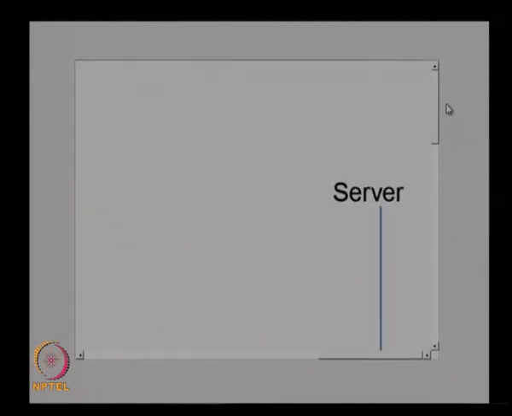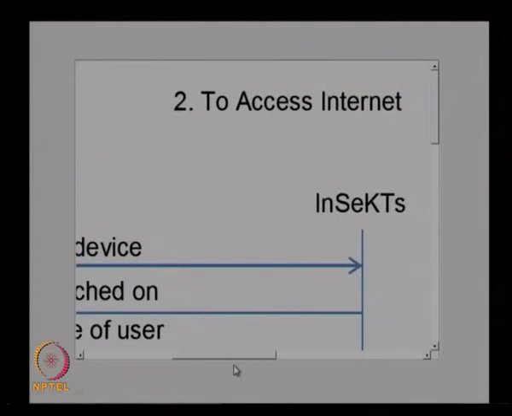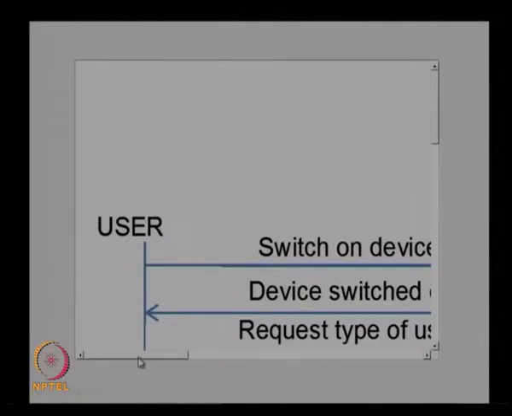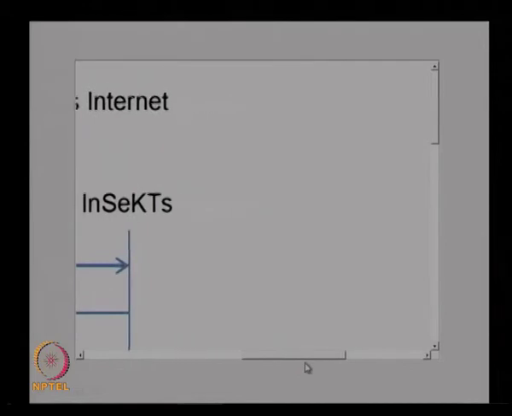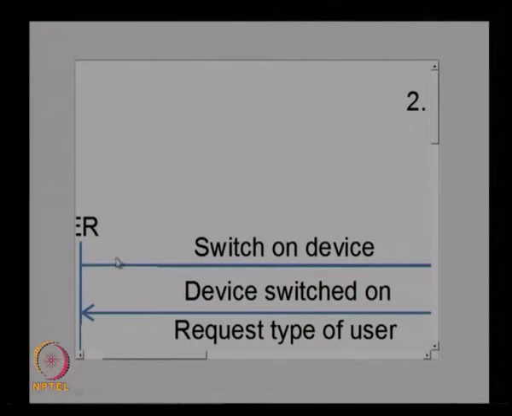So this is for the other scenario, access the internet. Again, if you have the scenario for accessing the internet, you can see the insect as the system, and then you have the user as the external system, and then you have the database or the server as another system which the insect will be connected to for the internet. And here this shows the type of inputs: the user gives an input and the system gives a feedback.